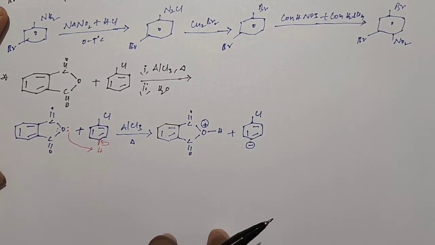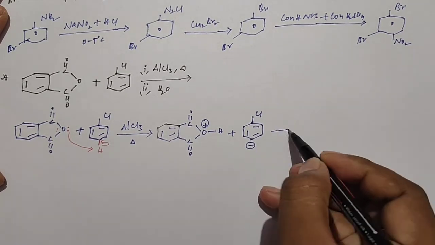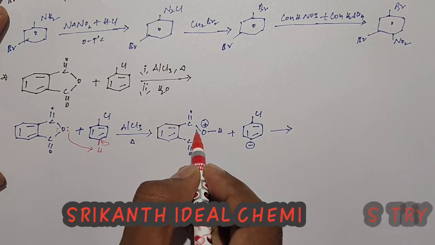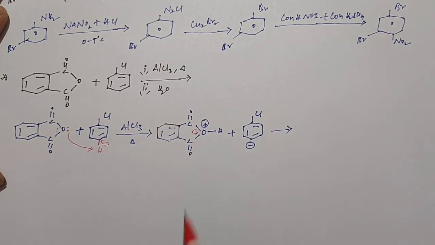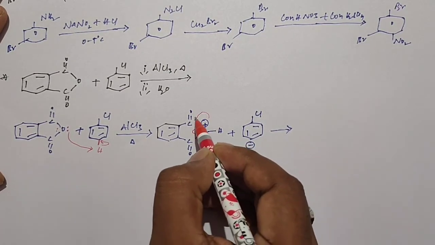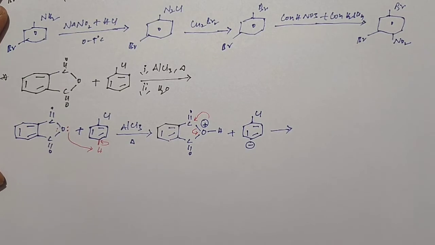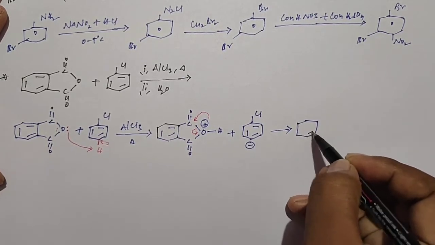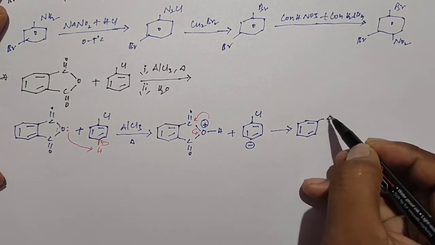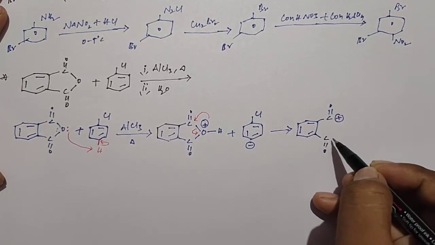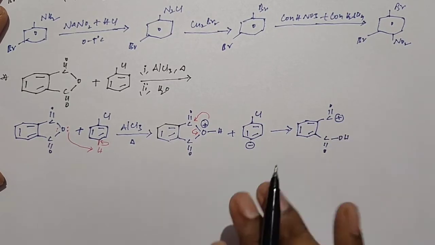After this some rearrangement is possible. So just see what happened here in the rearrangement. These sigma electrons shift towards this oxygen as lone pair electrons, and this positive charge shifts towards this carbon. Then we get the product: C double bond O, positive charge, C double bond O, OH, and just take this compound in reverse.